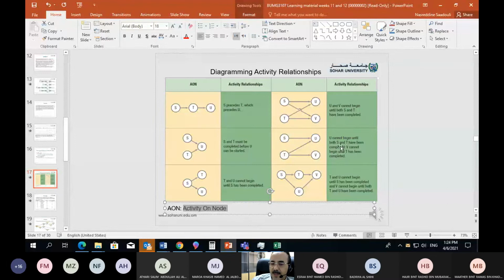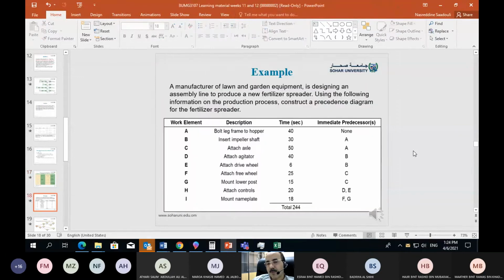We use this precedence diagram to understand how the various tasks are related, so that I can assign them to workstations, keeping that in mind, because I need to make sure that a task in a subsequent workstation cannot contain activities whose predecessors have not been done yet. Okay, it doesn't work. So for that purpose, if we take the following example,